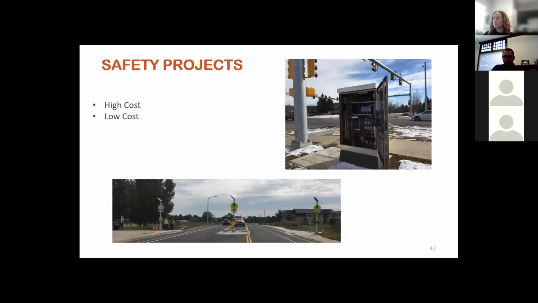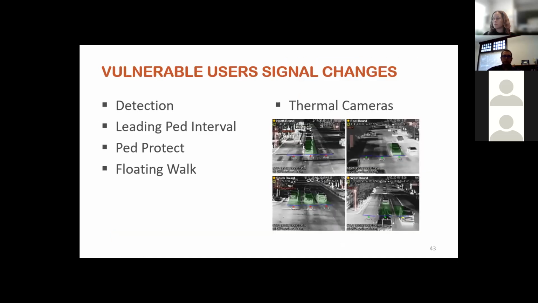Safety projects, anytime we're looking at how do we resolve any of these crash issues, we can do high cost, low cost, depending on what the proper solution is. 9th and Deerwood is a traffic signal I mentioned before. That one, relatively high cost. Something like changing your left turn phasing can be pretty low cost, or modifying signage is obviously a chance where you can definitely get a big bang for the buck in terms of safety improvement. Next slide, please.